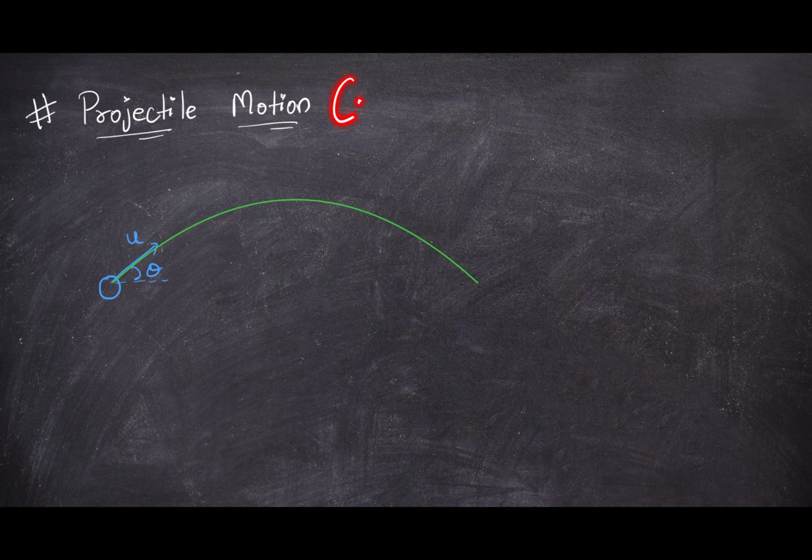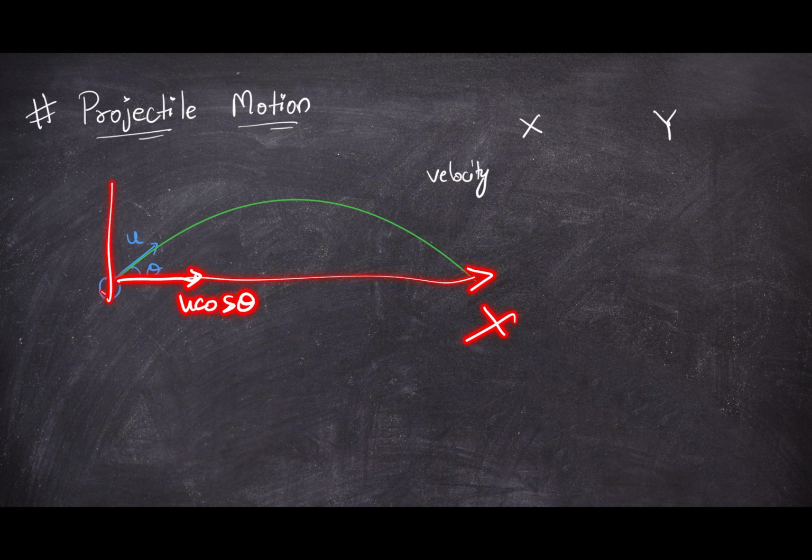Projectile motion is nothing but motion in 2D, two-dimensional. Let's say in real life, I throw a ball at some speed u with an angle theta with respect to horizontal, okay? Independently solve in x and y. If you look very carefully, velocity in x would be nothing but u cos theta. This is x, this I'm taking as y. So along x-axis it would be u cos theta, along y it would be u sin theta.